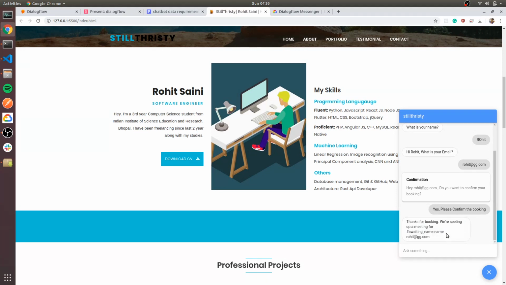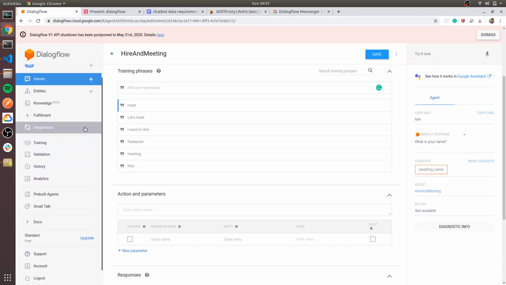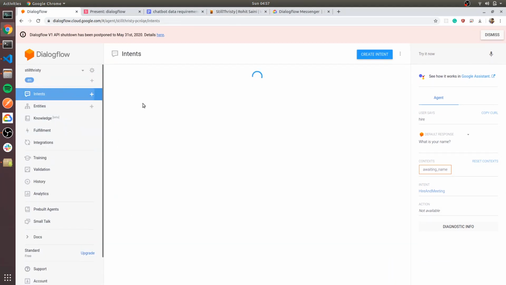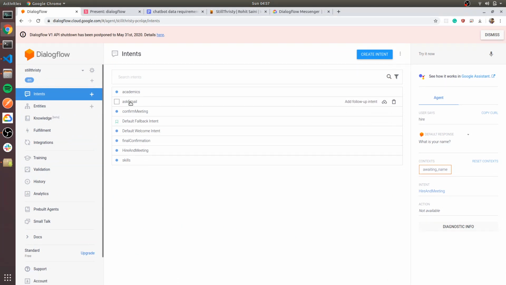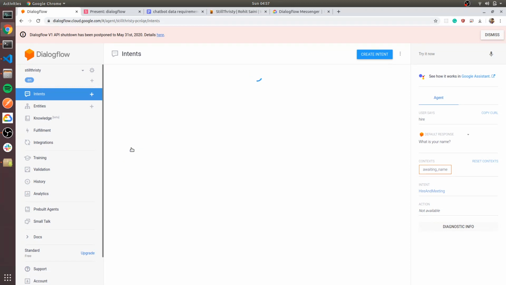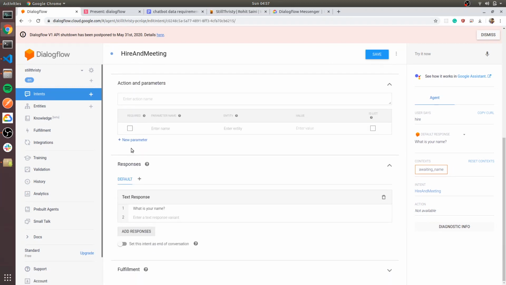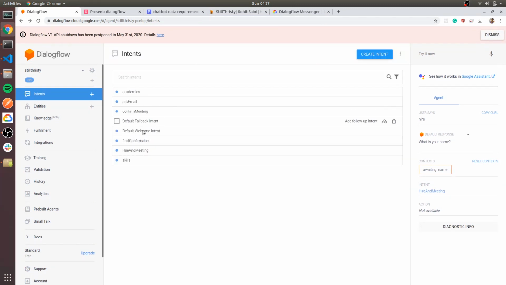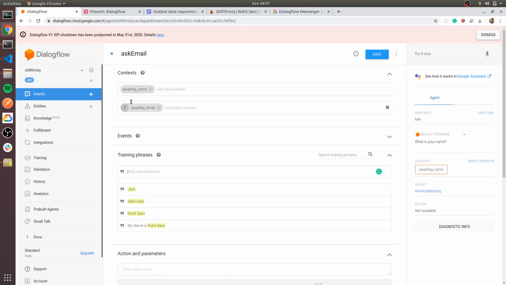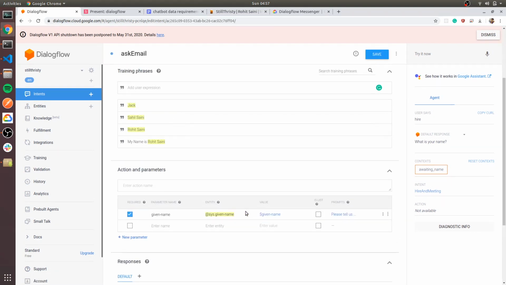Alright, so this is showing an issue. Let's check why it is showing an issue. Oh, it is showing the issue because the parameter is given name. So we have to add slash given name. Alright, let's add it.